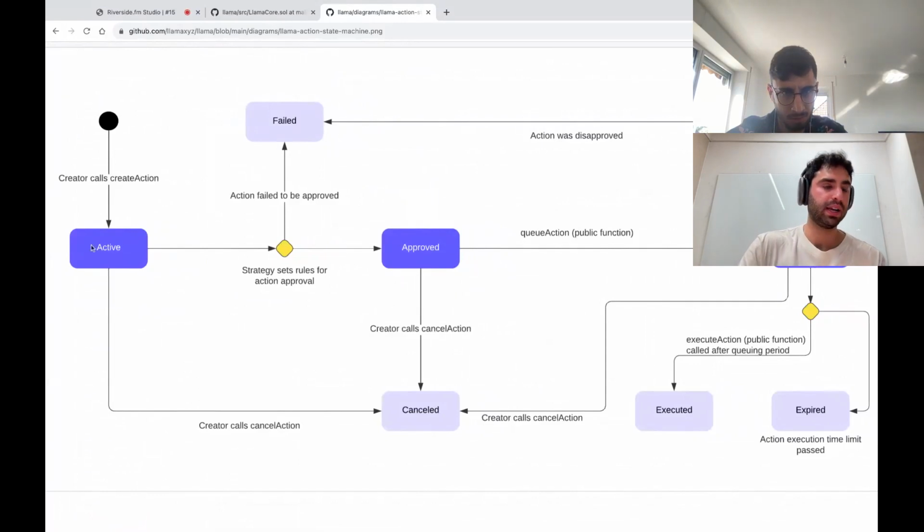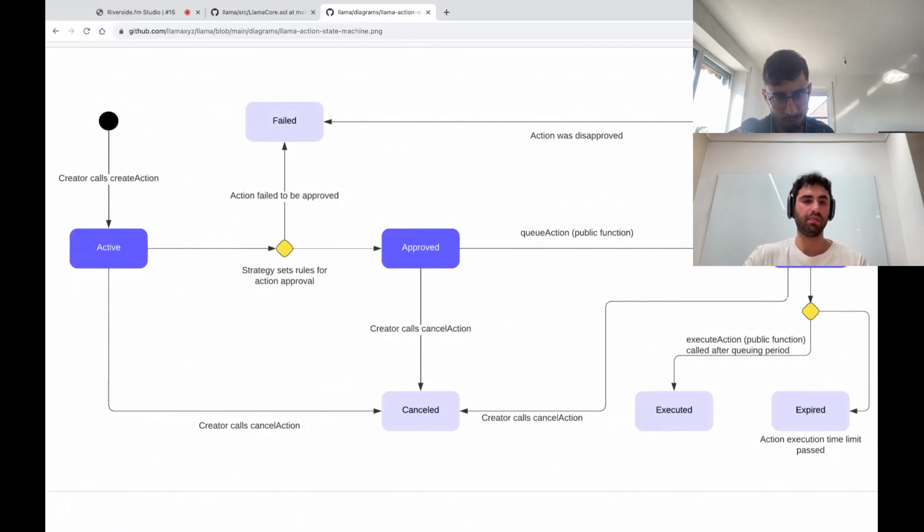We just went through create action, the creator called create action, and so now this action is in the active state. Let's say we're transferring ERC20 tokens from our account. The happy path for an action is that there's an approval period where the strategy sets the rules for how the action is approved.